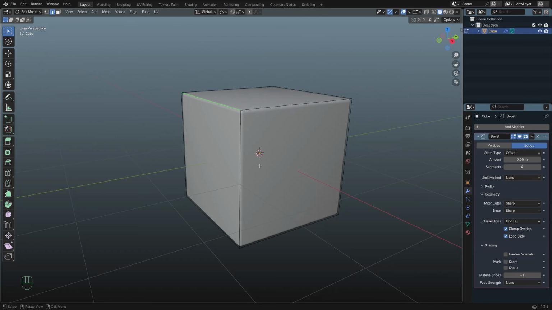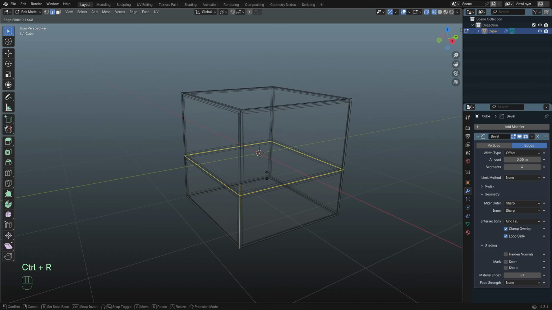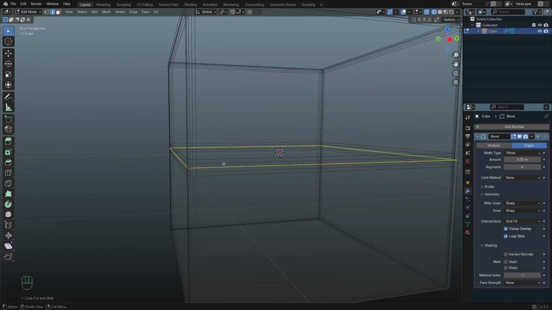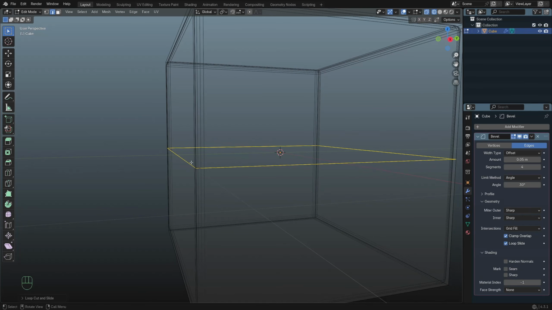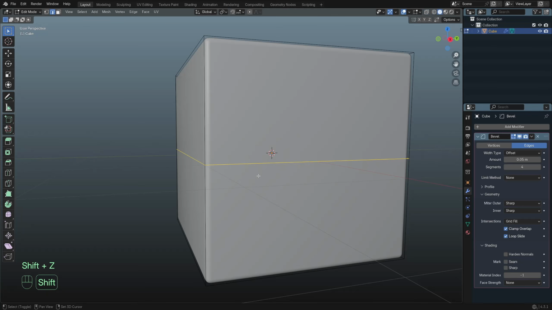But see what happens when I add a loop cut in the middle. So I'm going to enter the X-ray view and add a loop cut in the middle. Let's confirm it. Okay, so when the limit method is set to none, it is going to bevel this edge as well. But this is not the case when it is set to angle, because this edge has an angle value of 0 because this is completely flat. So when it's set to none, it is going to bevel all the edges available in the mesh, and therefore it has a lot of chance that it is going to bevel some edges that we don't